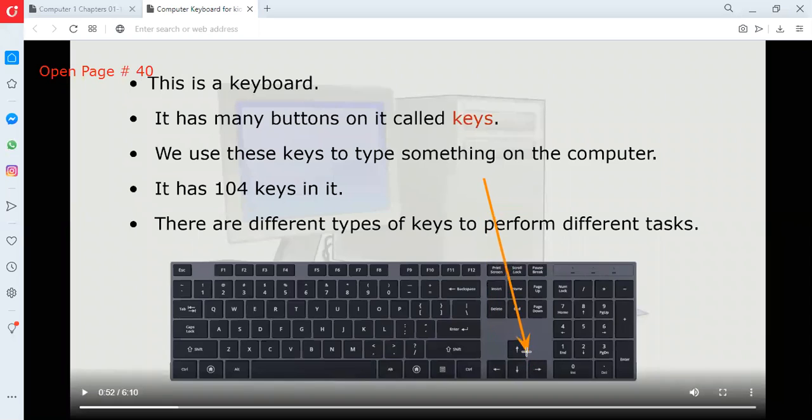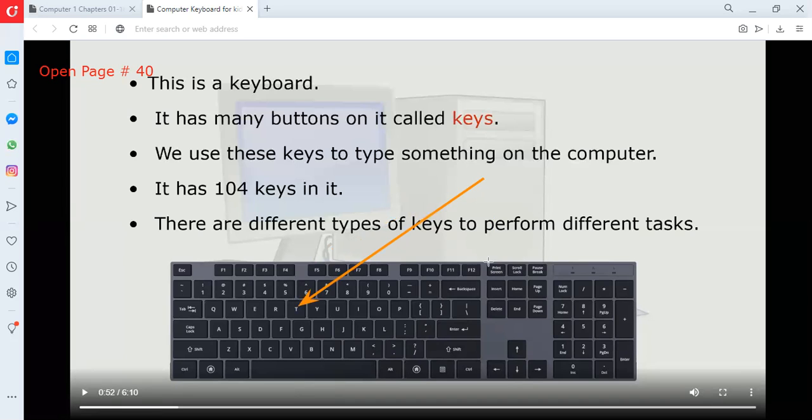All these arrows are used for playing game on computer. So, keyboard is used to type. We can type alphabet. We can type numbers. So we see these two things.